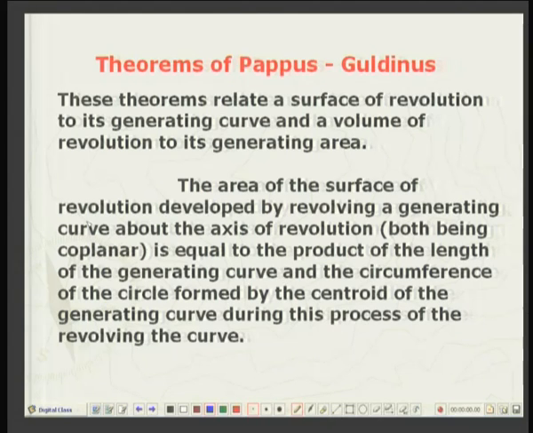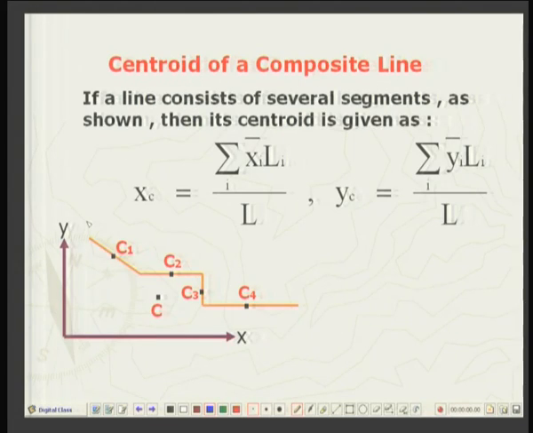Well, you use the formula over here. That is, for example, here is length C, first segment, whose centroid is over here. So I can calculate the x coordinate and y coordinate of the centroid, substitute over here. Second length, again third, fourth, and then you add up, divide by the total length of the line, and that will give me xc and similarly yc. As I said, it may be a point somewhere here or over here or over here, so that does not matter. Okay.